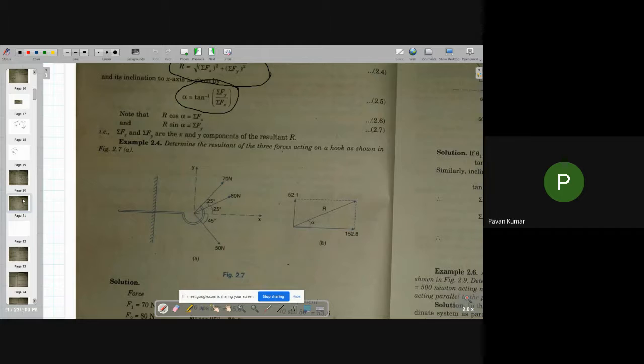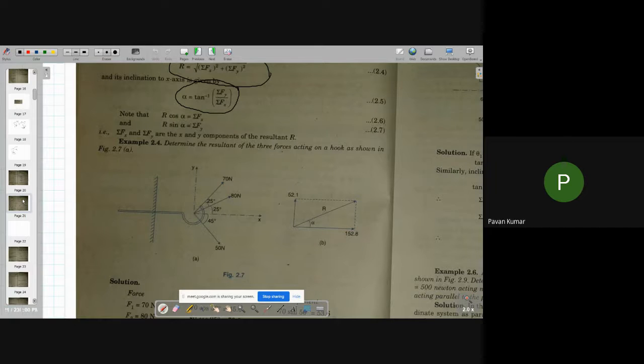Hello student. In the last class we were discussing the general method of composition of forces. So now we will go for an example. In the textbook, this is example 2.4. The question is: determine the resultant of three forces acting on a hook as shown in the figure